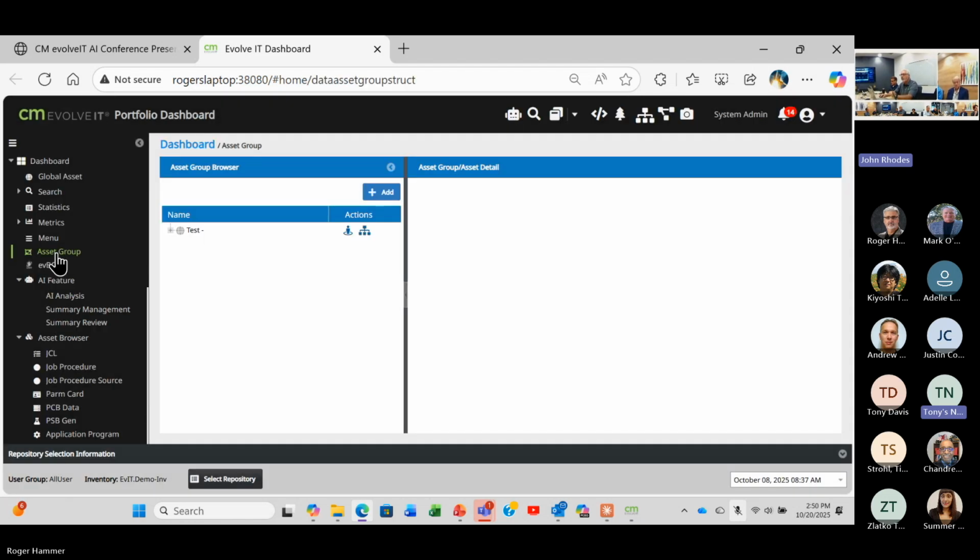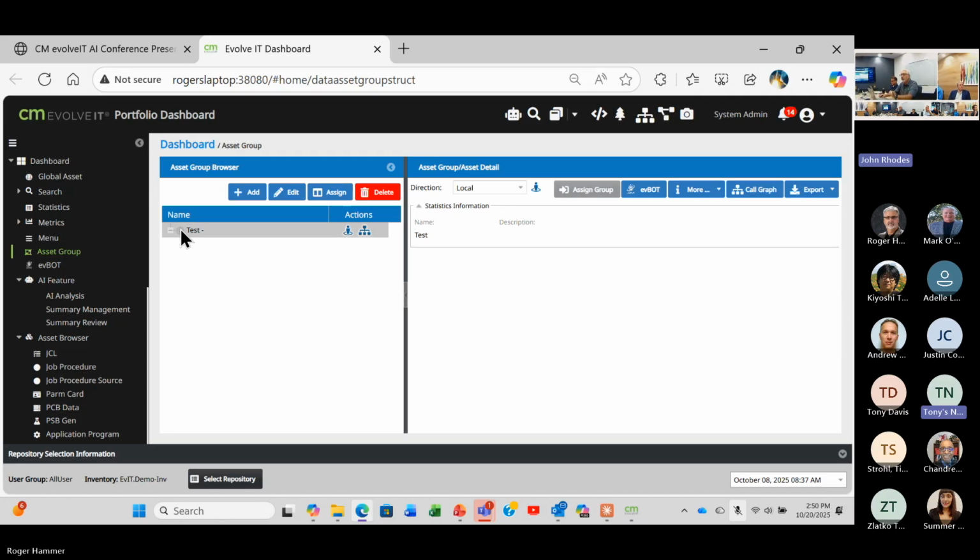One concept here is asset groups. The idea of an asset group, that one actually wasn't built out. I never put any code in it. But basically it's a named group. So you can, for example, take a